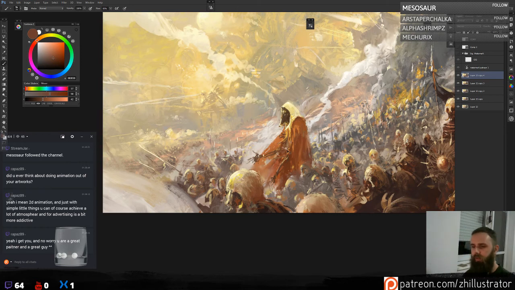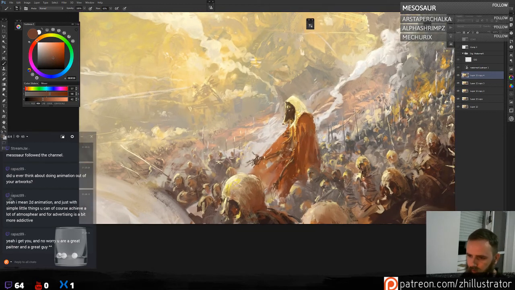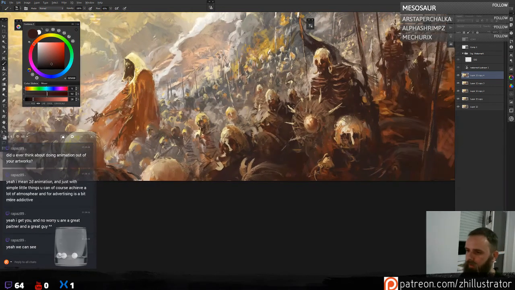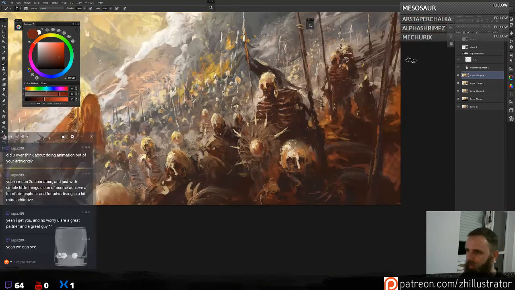Undo. Also it's a good thing to use a bigger brush if you're not sure. Just grab a bigger brush and play around with the hue a little bit. Let's do that.